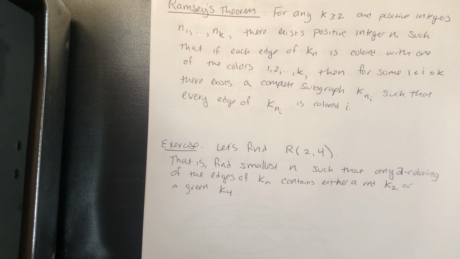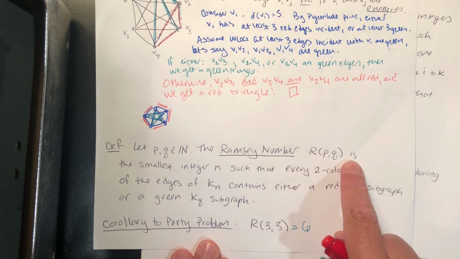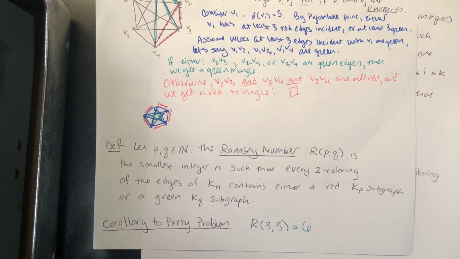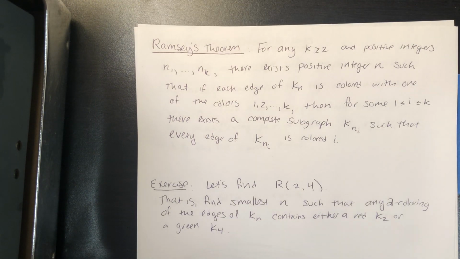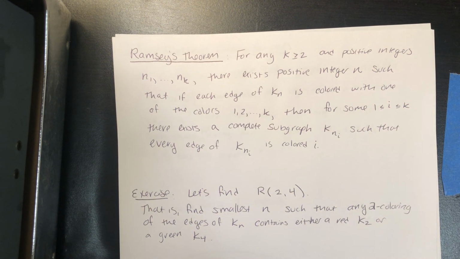So this is extending the Ramsey number that we defined on this page, so that it's not just P or Q. You could have multiple different subgraphs that you're looking for: P, Q, R, S, or for any number you could do this. So you don't have to worry too much about the very specific detailed formulation of Ramsey's theorem. The important thing to really remember here is,